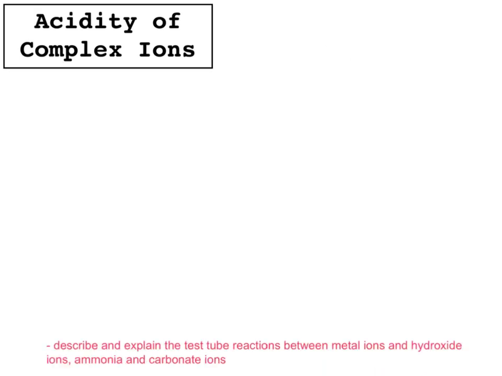So, how does this affect test tube reactions between these metal ions and different things? Basically what you've got to think to yourself is, when we are reacting different substances with complex ions, will the substance act as a base or will it act as a ligand? So you're either going to get an acid-base reaction or you're going to get a ligand substitution reaction. So if we use iron to start with, iron 2 plus, so iron 2 hexaaqua, with OH minus,